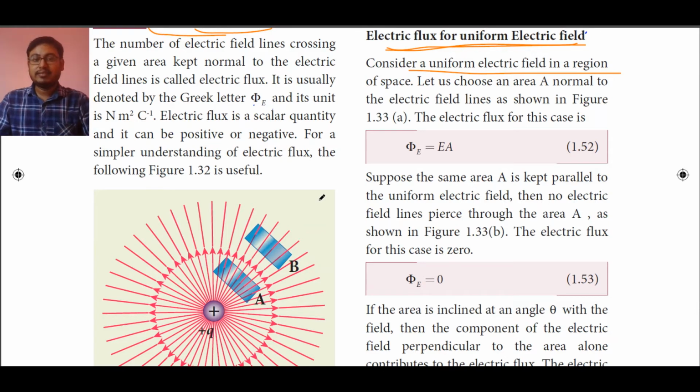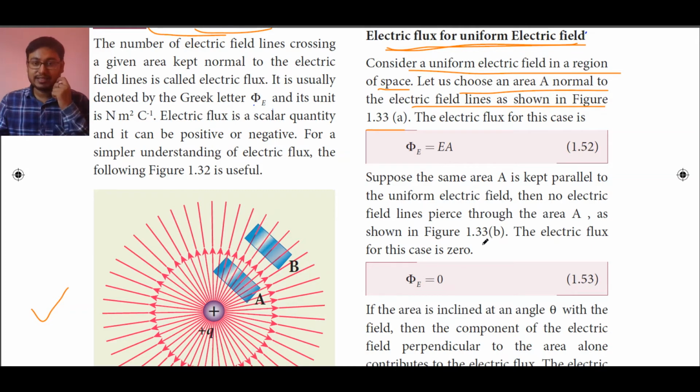Okay, in such a way that when we take a certain region, in that region the strength of the electric field lines is not decreasing, and its magnitude and direction remain the same. Let us choose an area A normal to the electric field lines as shown in figure 1.33a. As you can see from this figure, we take two regions, region A and region B. The electric flux for this case is psi E is equal to electric field into